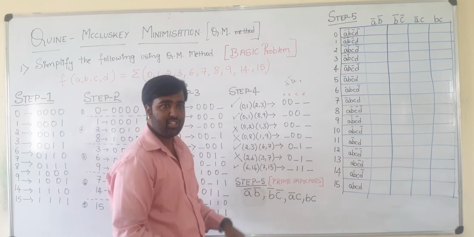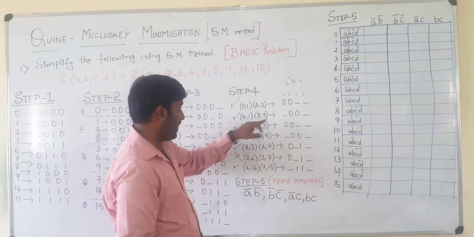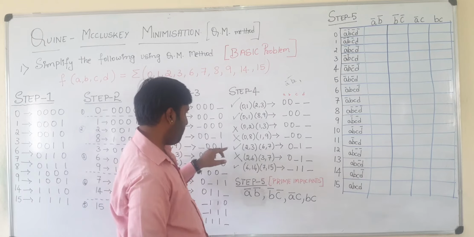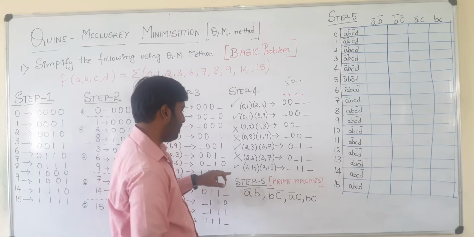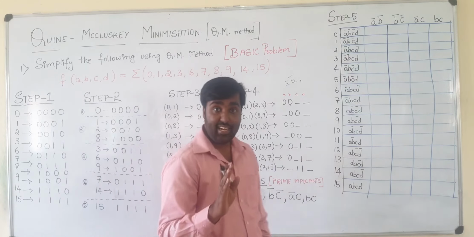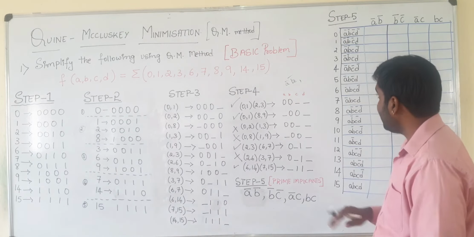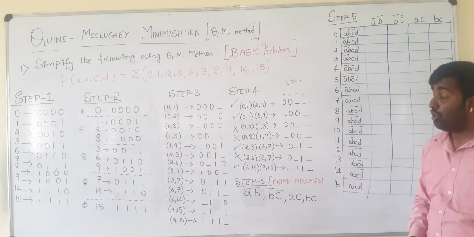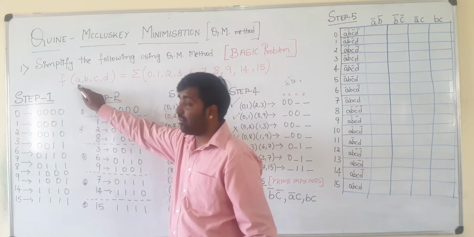All the things with respect to your Boolean values I will be writing, that is A bar B bar. My dash 0 0 means it is B bar C bar. Next I am having, this is A bar and C, which I have written. Last we have B and C. Okay, so this ends where your 80 to 90% of your problem is solved. The last step, that is step 5, you will be writing a table like this. So table will be considering what is the total number of variables which I am used here.